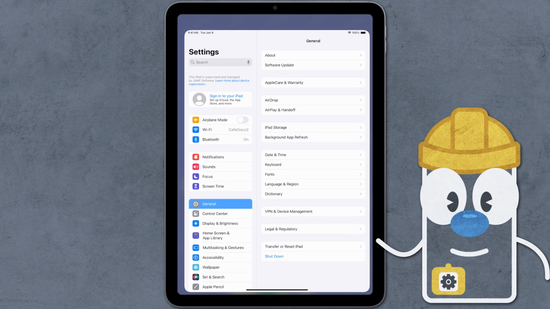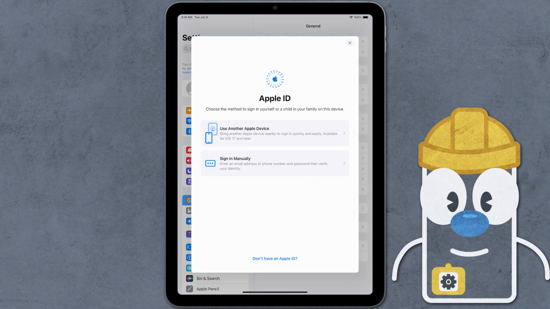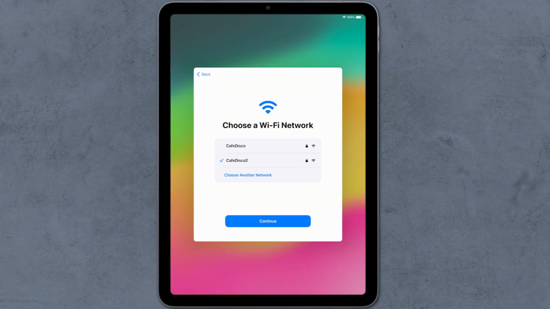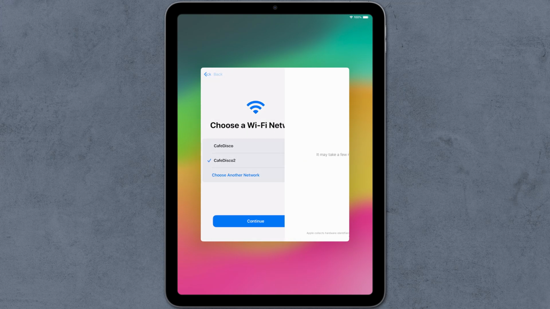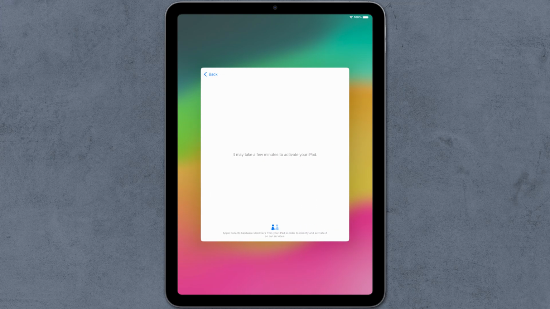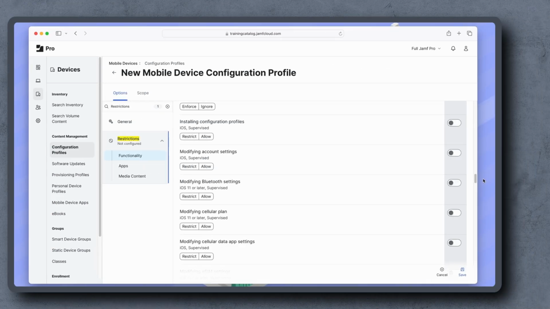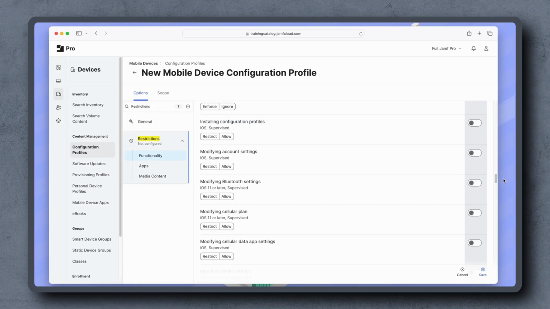Signing in with an Apple ID is a great way to enhance your experience on a personal device, but may cause issues in a managed device's lifecycle. If an employee leaves your organization and has a personal Apple ID logged in on their devices, the devices can become locked and unusable for the next employee. Using Jamf Pro, we can prevent any Apple IDs from signing in to managed devices using configuration profiles.